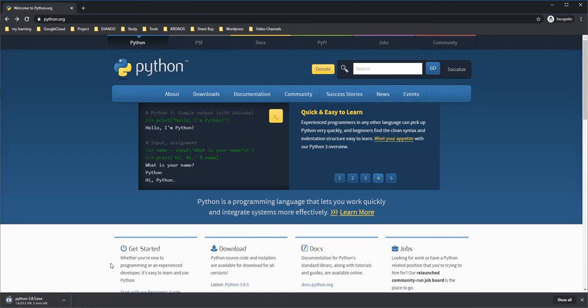Okay, so when I click on that installer, a window will open up, and you can see I have options like install now, customize installation, and everything. What you have to do is just click on install now. It will ask a few questions. Just click on next, and the system will install Python 3.8.5. I am not doing it because this is already installed on my system, but you should just click on install now, and it will automatically install on your system.